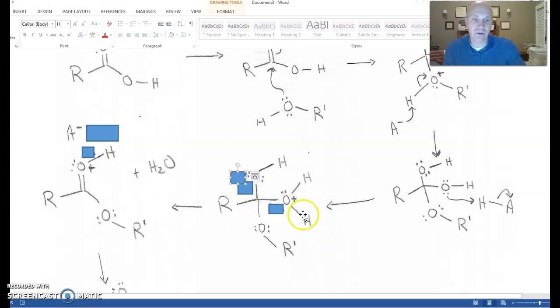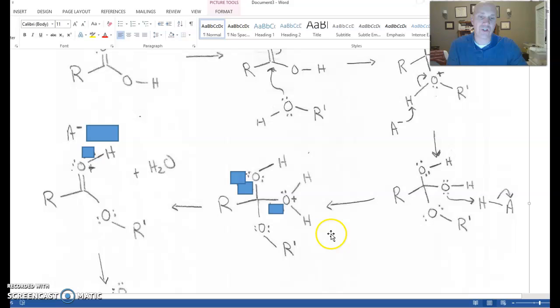And notice that we're now in a similar situation to what we were with the nitration reaction. This right here is set up to have water leave. All right, notice there's a positive charge on that oxygen, and it's bound right here. So all we have to do for water to leave is these electrons right here in this bond to go on to this oxygen right here. All right, and to help that to happen,